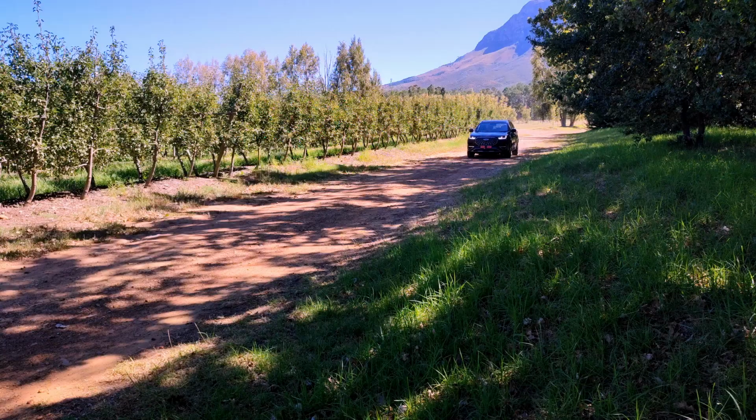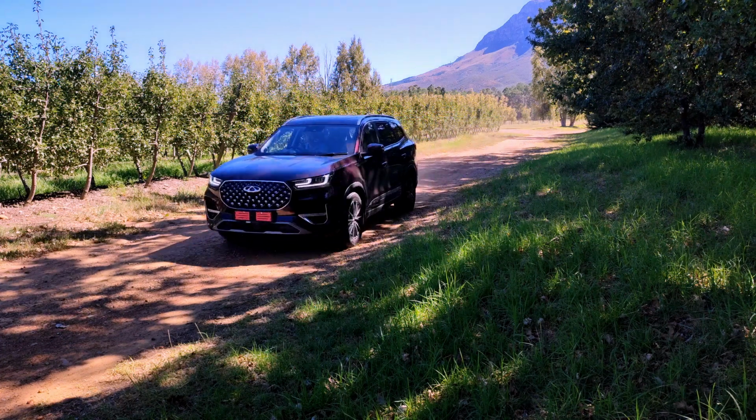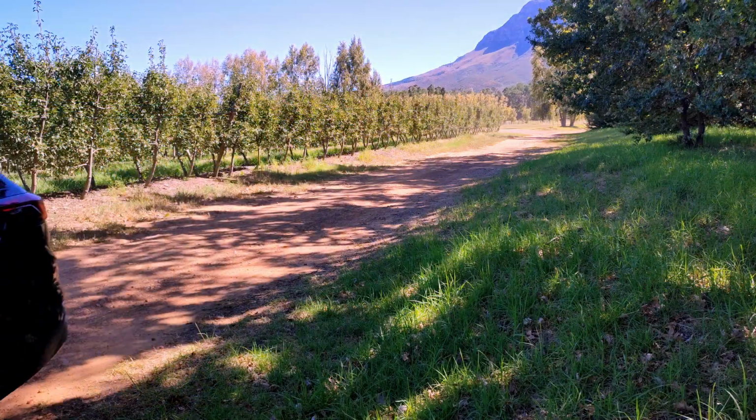Which brings me to the driving experience itself, the dynamic ability of the car. And there again, a couple of surprises for me, because given the nature of the vehicle, I expected it to be quite a supple, comfort biased vehicle. But it's actually quite firmly sprung, and I think maybe perhaps a little bit too firmly sprung. So when you've got a road surface that's not quite even, it can feel quite jittery. I think it'll be better with a load. In fact, I know it is better with load, but nevertheless I think it could be a little bit more